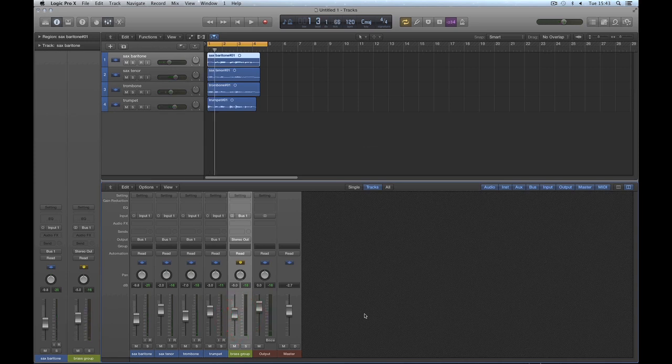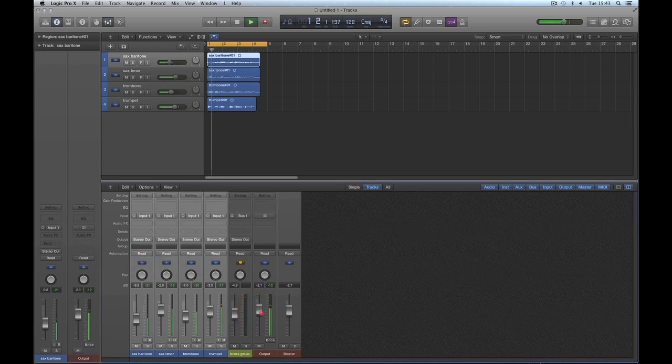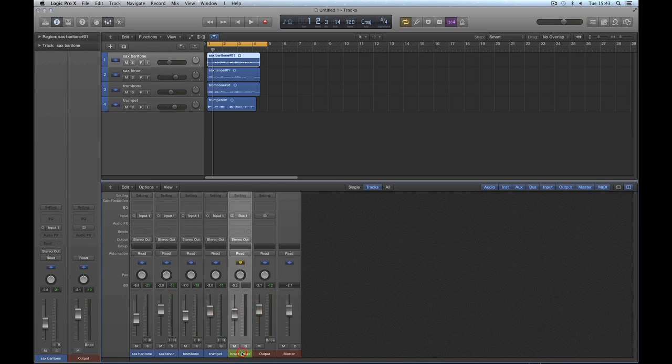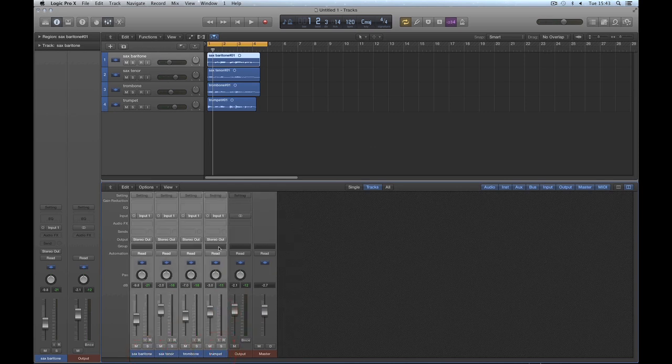That's grouping. And when we manually group a bunch of channel strips, send them to a bus, that group bus is always created down at the end of the mixer by the output of master, and it's lime green. Alright, let's put it back how it was. Highlight the 4 track channel strips, send them all back to the final out. They're now going to this final out, and they're no longer going through this bus. Delete the bus. And we're back where we started, with the 4 channel strips for the brass feeding to the